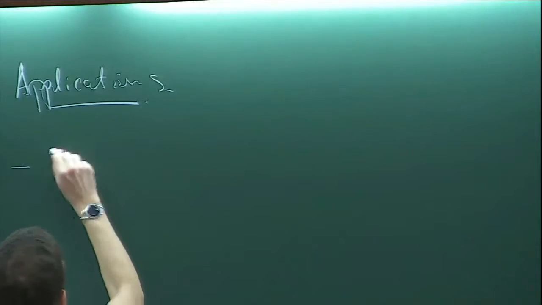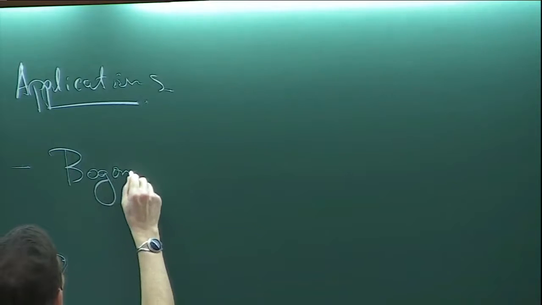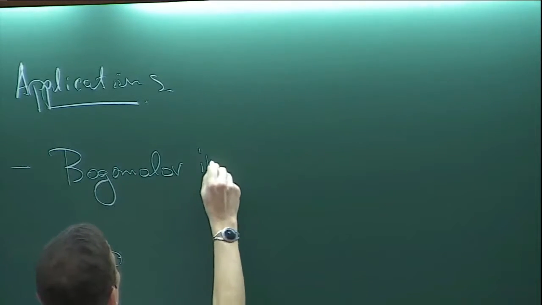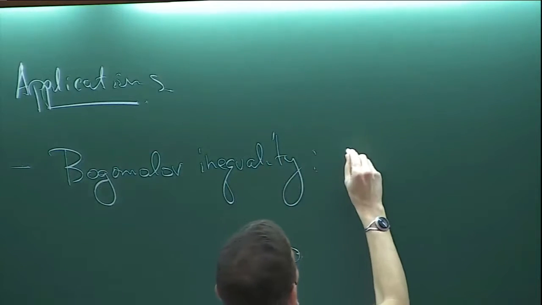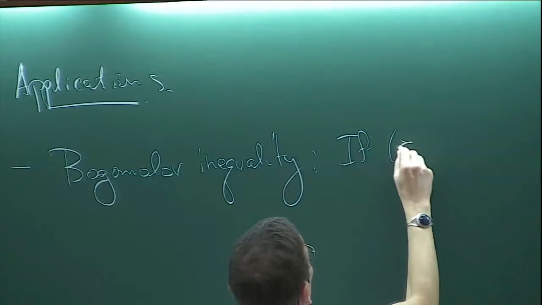So first of all, there's a very famous topological condition on stable Higgs bundles that comes out of this, and that's the Bogomolov inequality. So if E is stable,